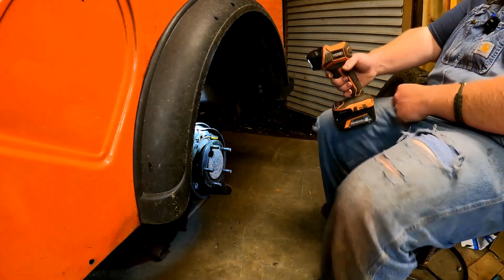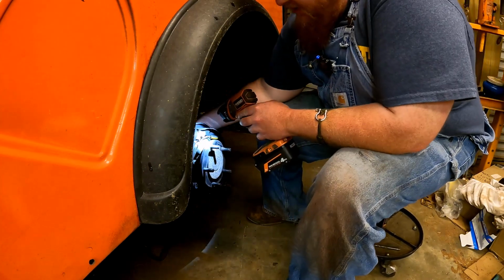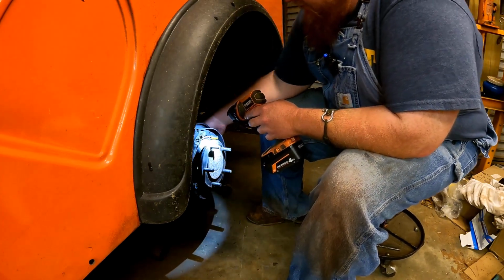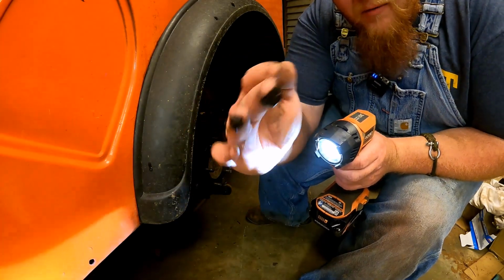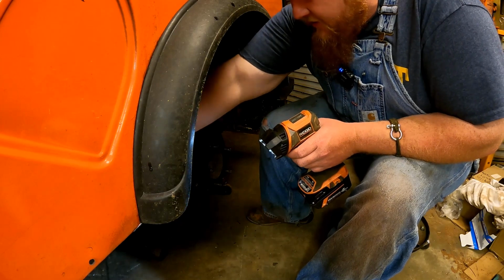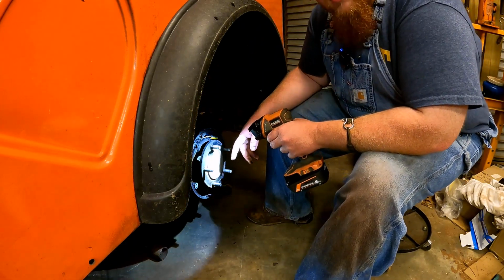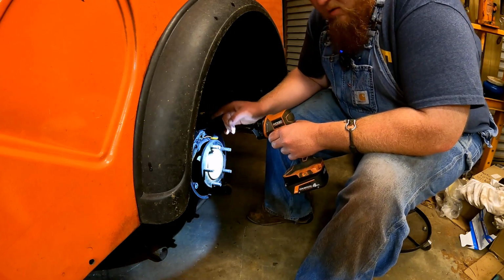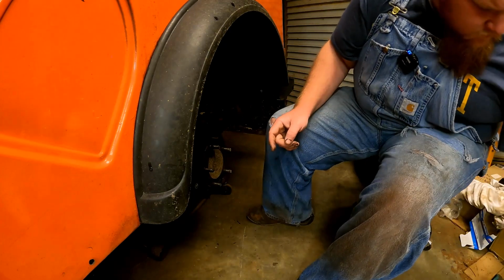It is leaking. See that? That's gear dope. It's not axle, I mean, that's not brake fluid. So what that means is, if y'all watch my other videos, so this horrible, good but horrible axle right here,